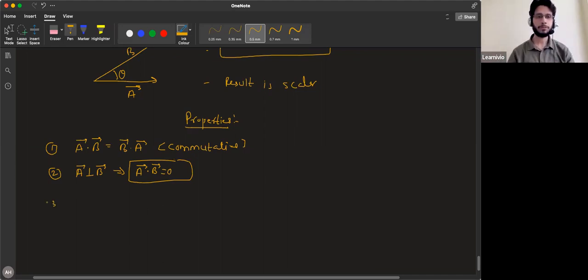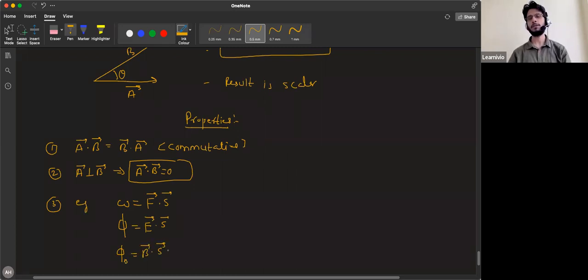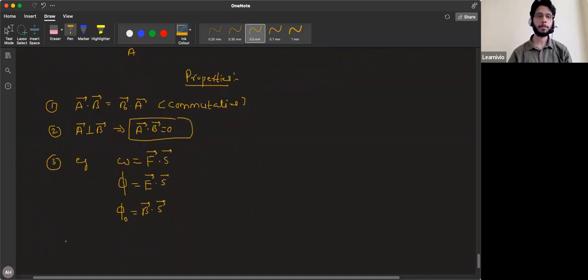Third one. Some examples from physics: work done is the dot product of force and displacement. Electric flux phi is the dot product of electric field and area vector. Similarly, magnetic flux phi is the dot product of magnetic field and area vector. This is electrostatics, this is electromagnetic induction. Fourth,